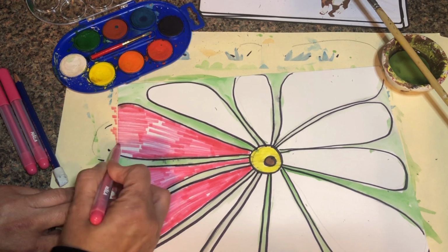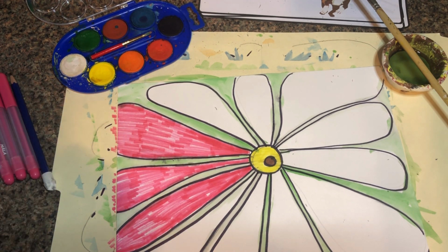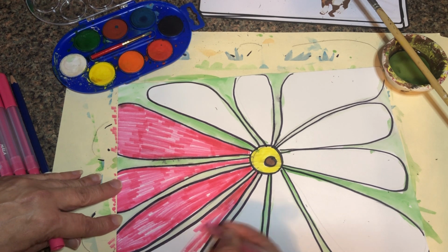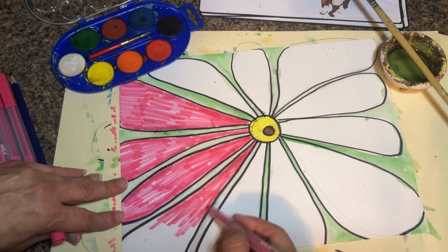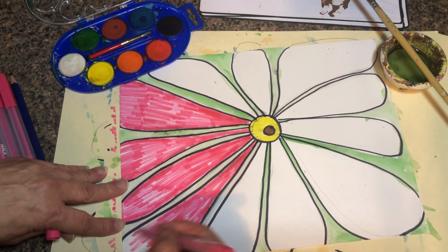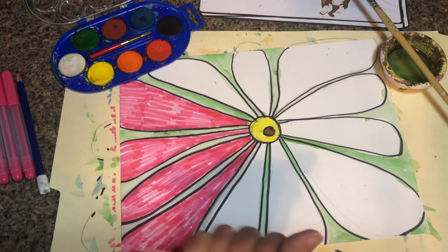And you notice that I can't get all of the white out, and it looks like I've colored it. But that's okay. You see what it's doing is it's giving it a texture. Okay? We've talked about that a little bit before, where a marker that's had some use and is a little bit dry can give a little bit of texture to something, and that's what this is doing. It's making it so it doesn't look like it's just been colored in with a marker, but maybe it's a real flower petal. Okay,